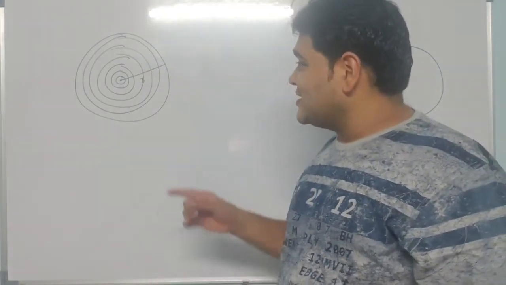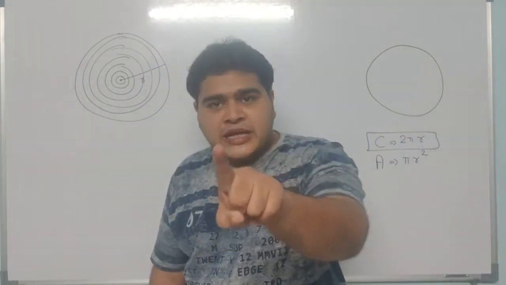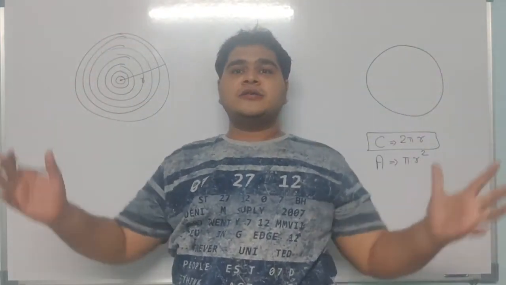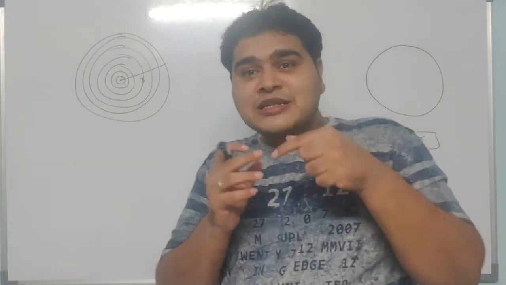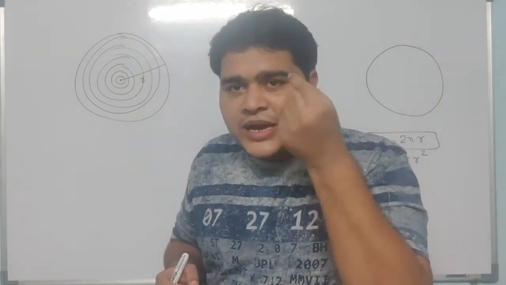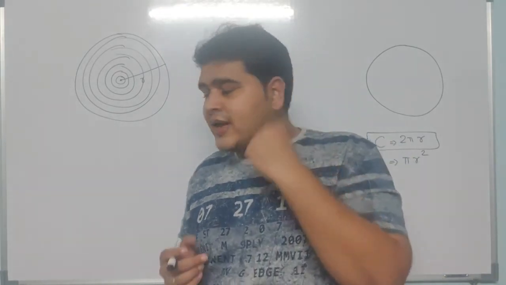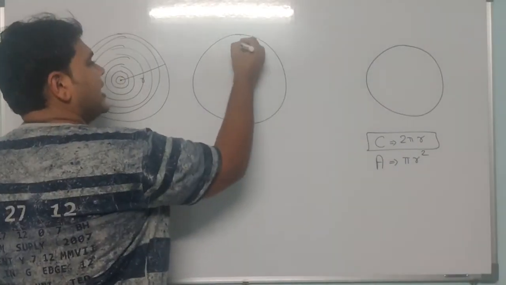Yes, so addition of all the circles is going to give you the area, which means I've broken the entire circle into small circles, and the interval between them, the radius, is going to be dr, very small dr, right? Which means if I draw this,